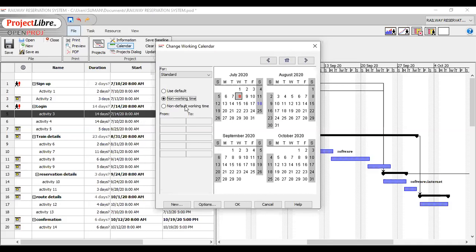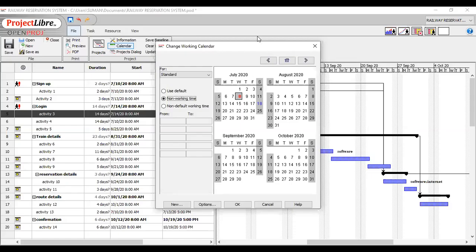After selecting this non-working time, you will see that the day is now red with a gray background. The red color means that there is a special rule for this day, and the gray background means that this day is not a working day anymore. Before clicking non-working time, it was a working day, but now we want to exclude this day from the working days. So I just click on the non-working time and it is excluded from the working days. So this is how we can exclude a working day from the standard calendar.